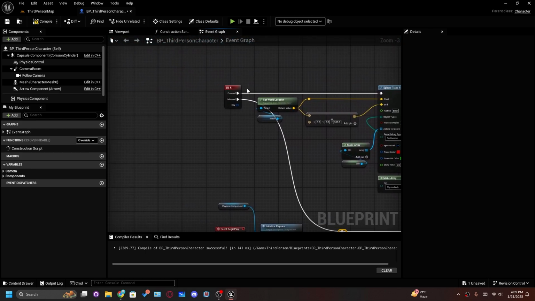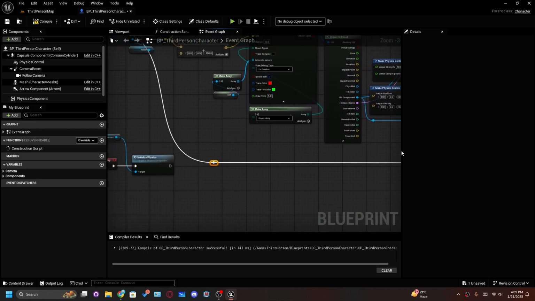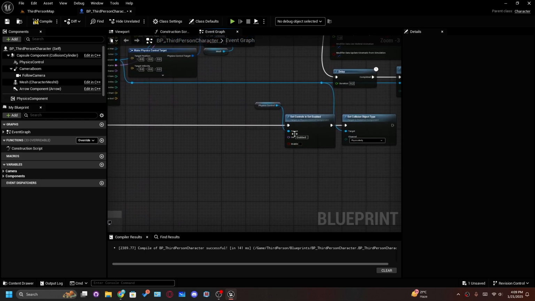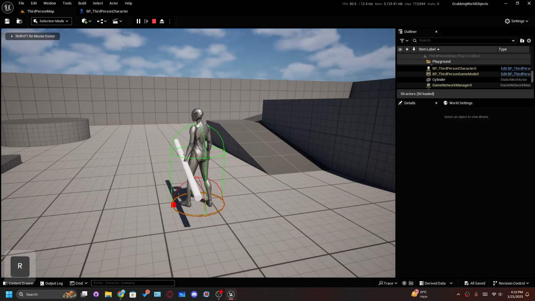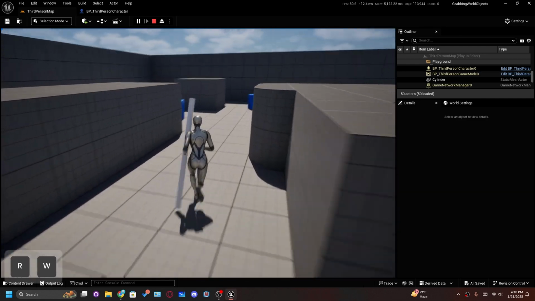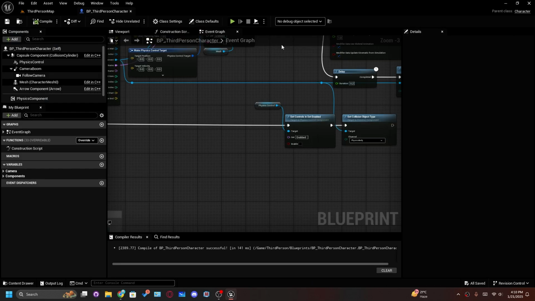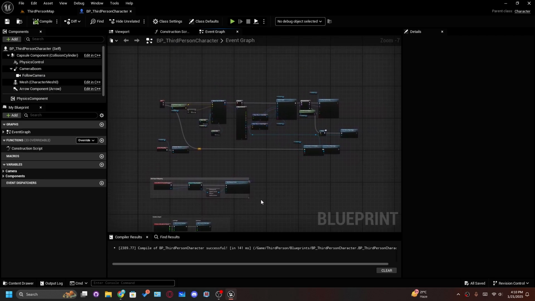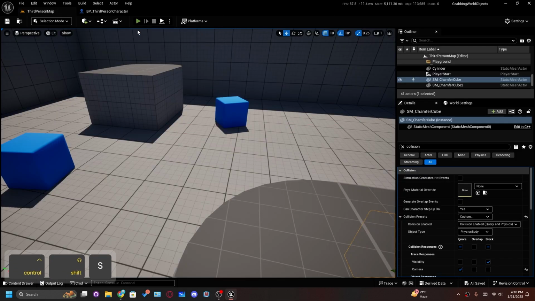So now what we are doing, when we press R, we are going to grab the stuff. Then when we release R, it's going to drop the stuff. When we press R and hold it, we have the pole, and then when we release R, it's going to drop the pole. Now we have a functionality to grab some things. Now as you saw in here,